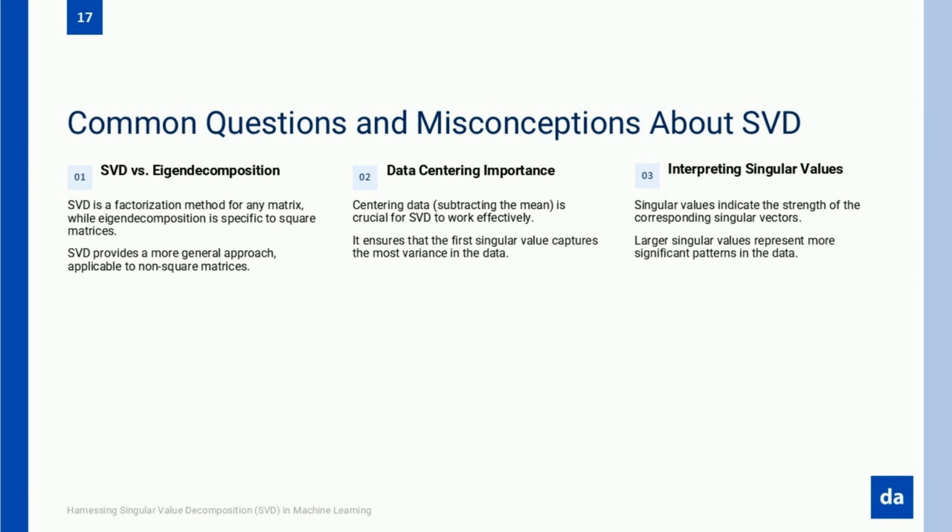Without this quantitative approach, decisions about dimensionality reduction become arbitrary rather than data-driven. These misconceptions highlight the critical importance of understanding the mathematical foundations of SVD rather than treating it as a black box algorithm. By recognizing these common pitfalls, you can implement SVD more effectively and extract deeper insights from your data. The time invested in developing this mathematical intuition pays dividends across virtually every machine learning application, from recommender systems to